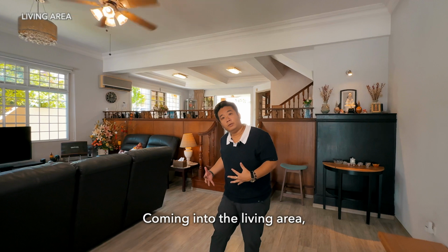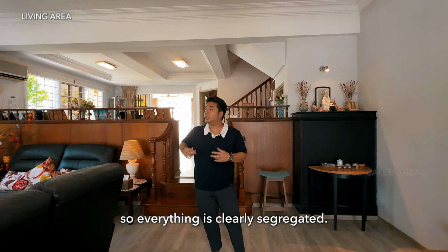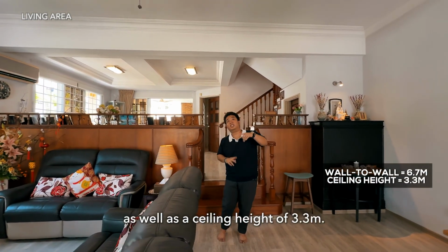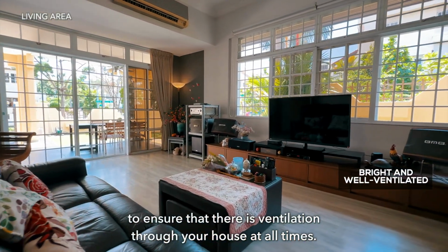Coming into the living area, I think what we can appreciate is that it's a split living and dining, so everything is clearly segregated. The living room has a wall-to-wall length of 6.7 meters, as well as a ceiling height of 3.3 meters. Of course, there are also 4 panels of windows, so you ensure that there's ventilation through the house